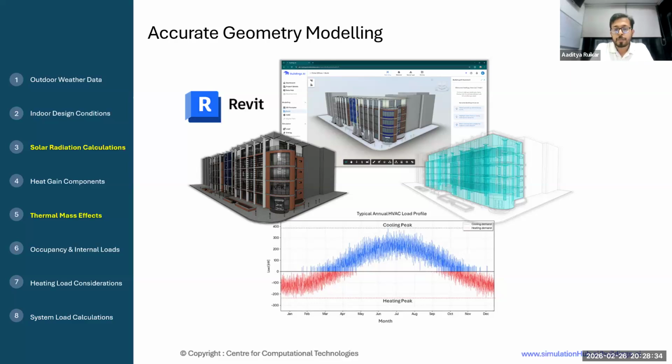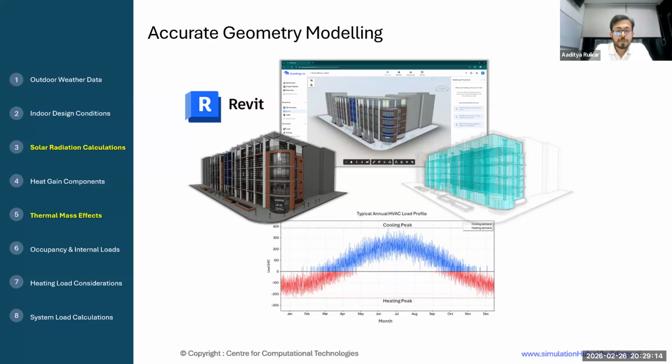You can be assured that your geometry can be correctly modeled. If your geometry has external buildings, the shading effect due to external buildings, Buildings AI is capable of modeling that. Like if you see this building, it has a building beside it. So it is capable of modeling the external fenestration. If your geometry has defined blinds or drapes, it can model that as well.